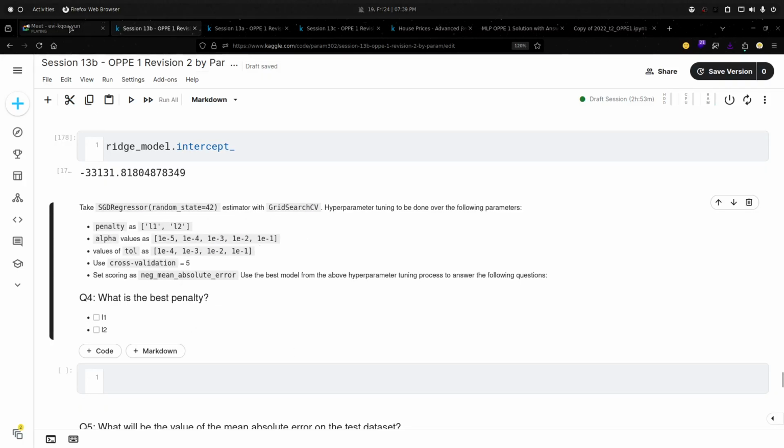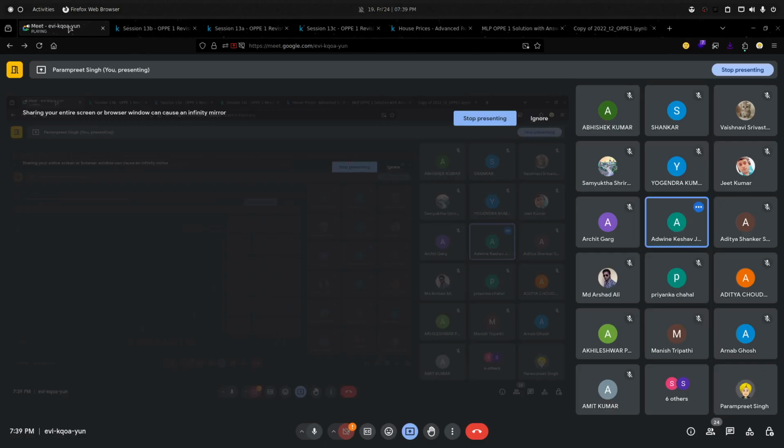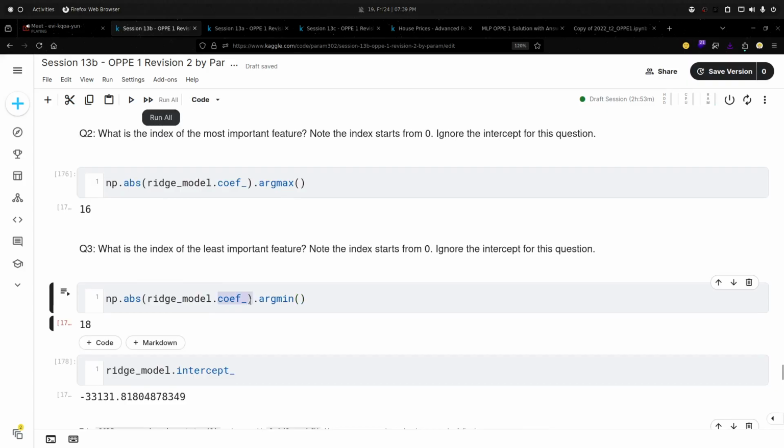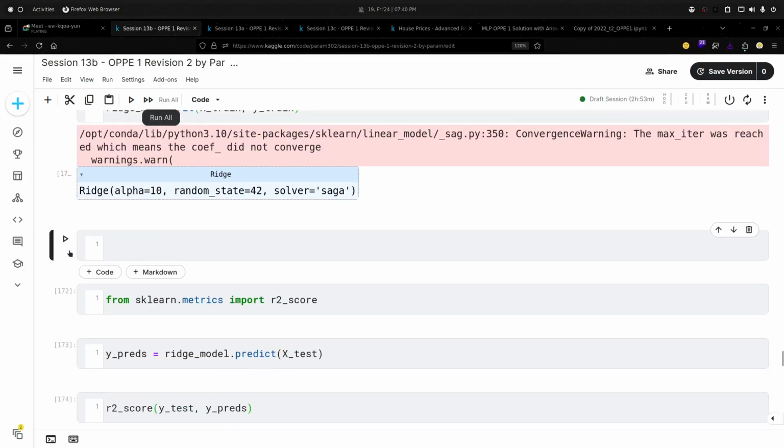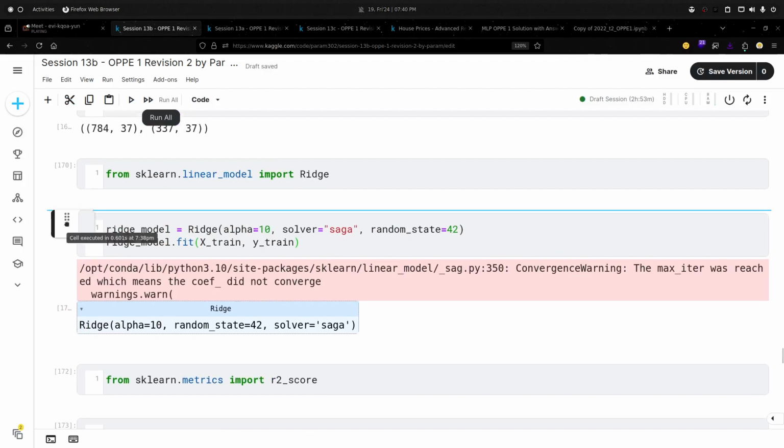Can you tell us more about the difference between the coefficient and the intercept? Coefficients are weights. Simple thing: all the linear models are based upon linear regression.